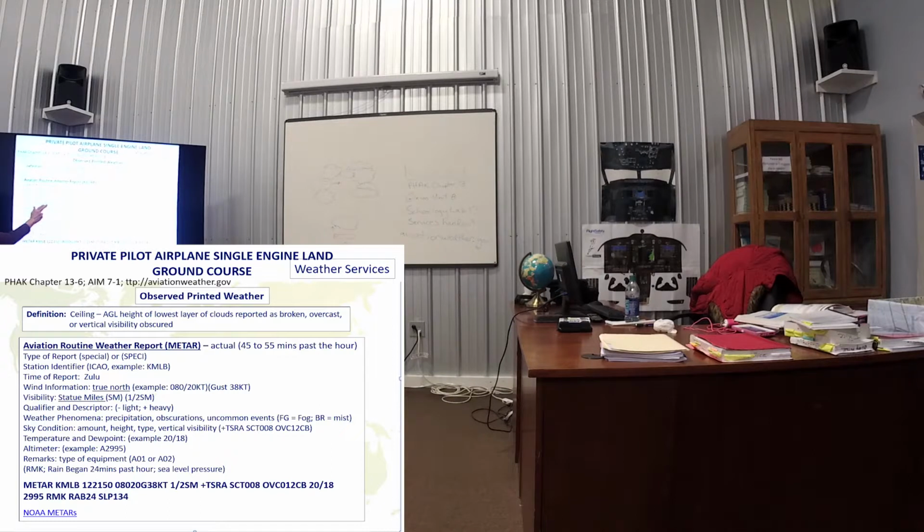Visibility, statute miles. Most of weather is statute miles. How far can you actually see? Half a statute mile, pretty sucky day. Then they're going to have qualifiers if there's anything that's a qualifier. So what do we have here? I know Kurt knows weather. What about this? Increasing. Not getting better. We'd hope if we were looking at this it'd be a minus, but with this bad of weather it's going to be a while before it starts decreasing. So the qualifier or descriptor might not have anything there.